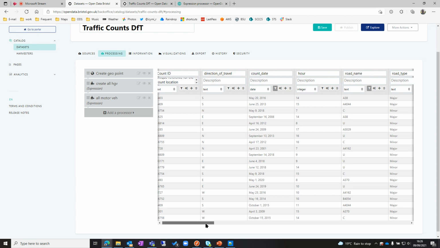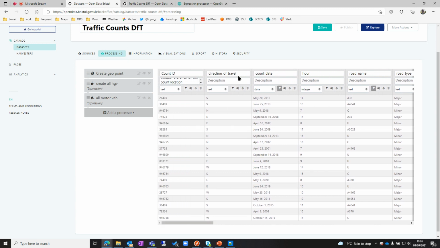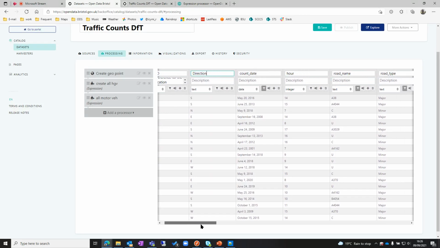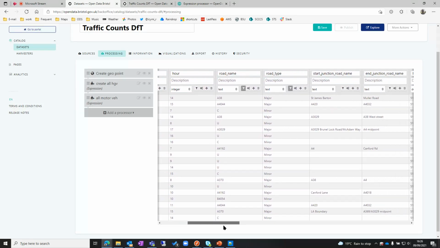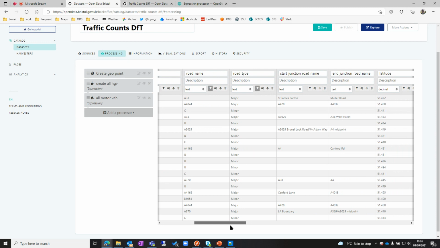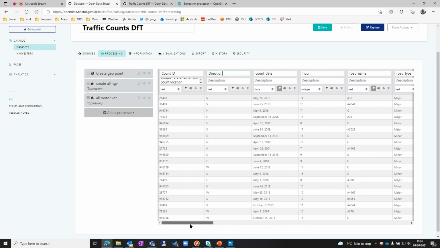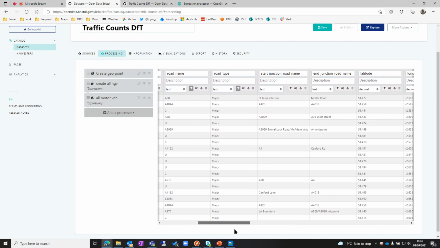So we can go through and check all of these data types, give them sensible names. I'm not going to do all of that here because it's quite dull, but you get the idea. This would be fairly straightforward to do, and you should do this because it makes the data much more legible and accessible to the end users. But I've done the main thing. I've set up filters, I've looked at data types,